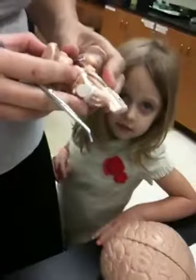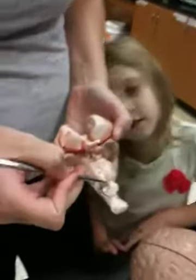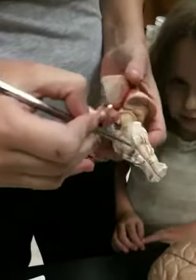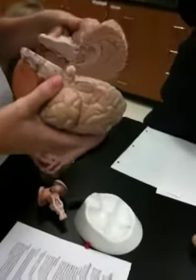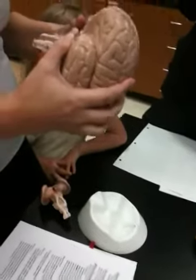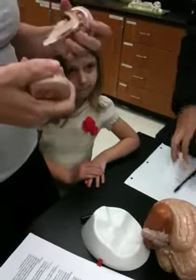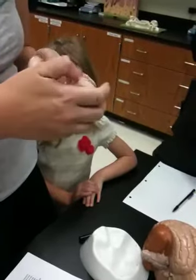So do we have middle cerebellar peduncles on here? I didn't even think to look. They want you to know the pyramids, which are these guys, and the medulla oblongata, which is what it's part of. Then I'll need to look real quick and see if we have the middle cerebellar peduncles on the model. Let me look. Oh, there we don't. No. I know there's the one we have it on. It doesn't even look like we really...